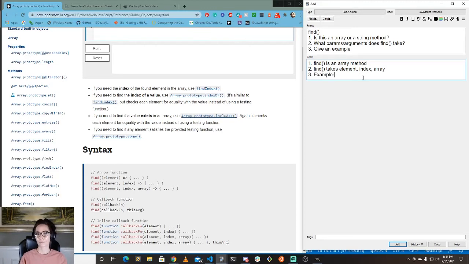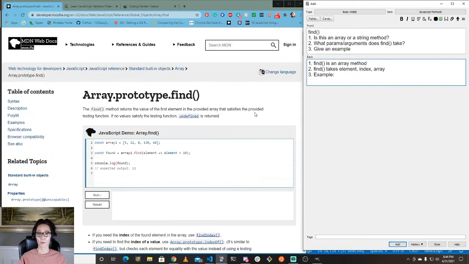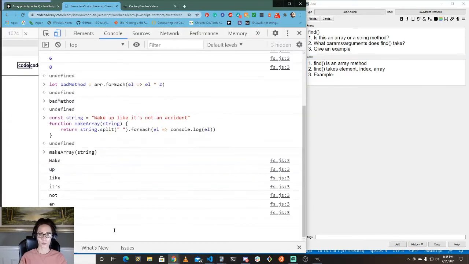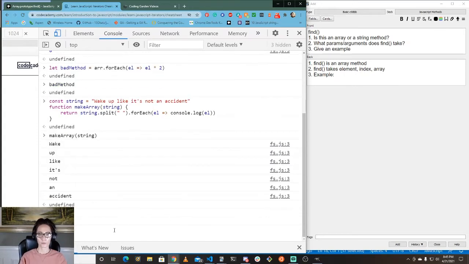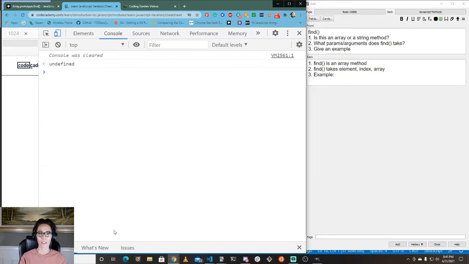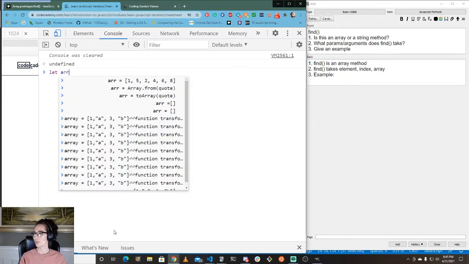Example. Okay, so this is find index, but I'm not doing find index. I'm just doing find. So I'm gonna do find. Oops, that's not what I wanted. There. Okay, so now I'm gonna do